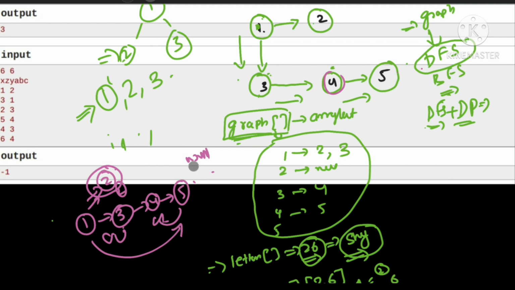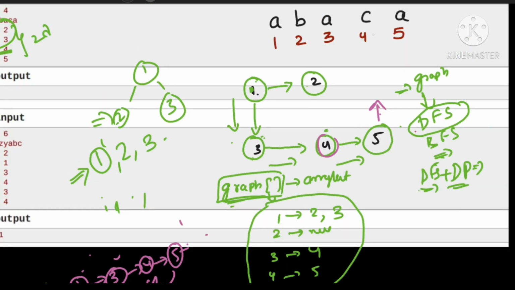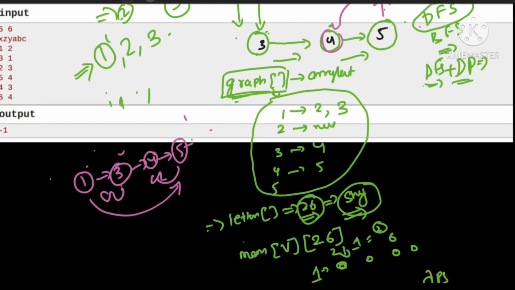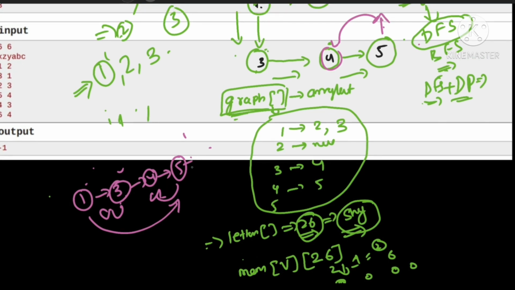So at this point, how to identify a loop? At any point of time, if you encounter something that you have already visited, then you can say there is a loop. For example, this is the depth first search, but say in this graph 5 is again directly connected to 4. So you go from 1 to 3, 3 to 4, 4 to 5, and then you visit 4 again.